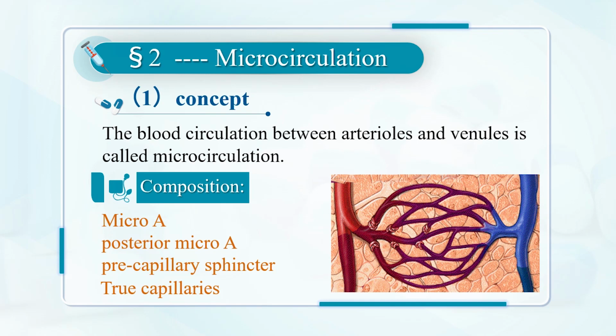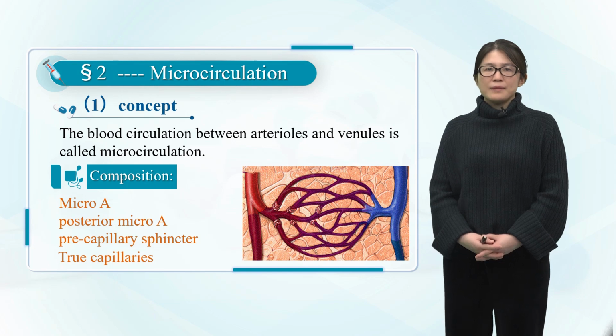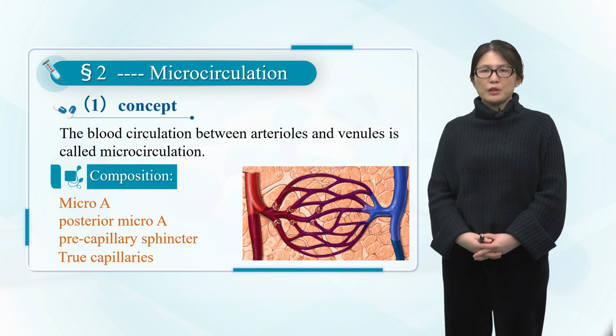Microcirculation plays an important role in maintaining the metabolism of tissue cells and homeostasis. The microcirculation structure includes arterioles, metarterioles, precapillary sphincters, true capillaries,